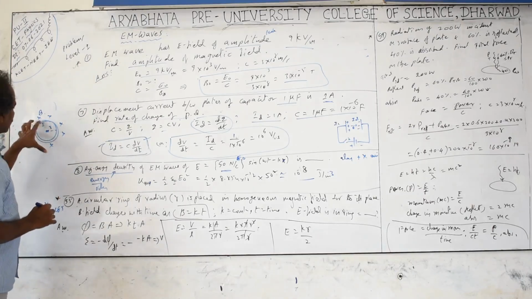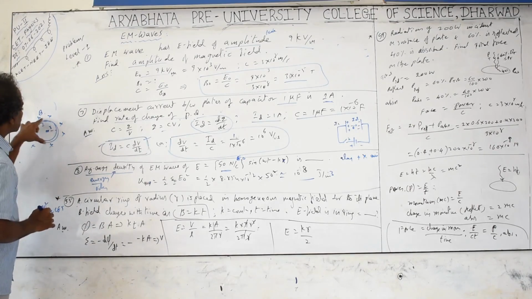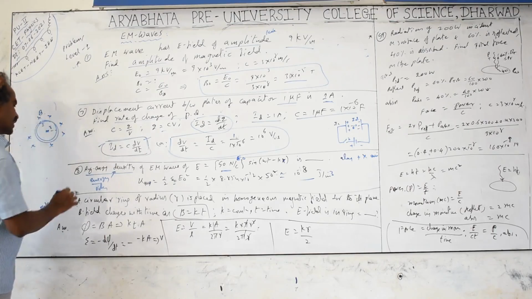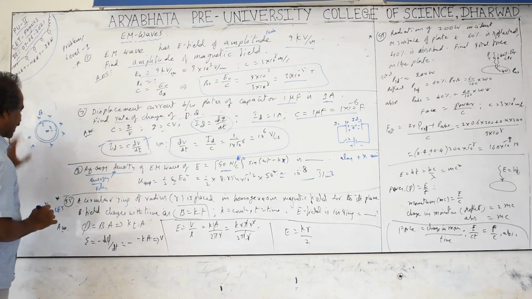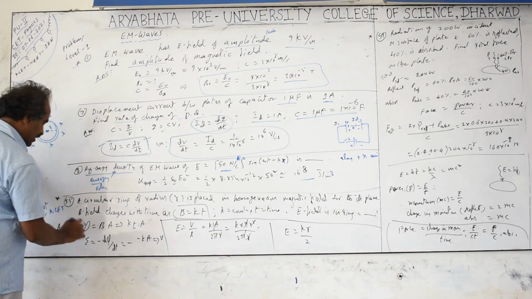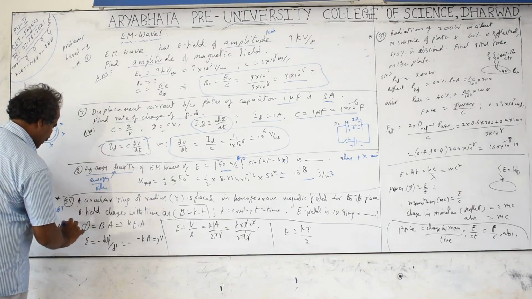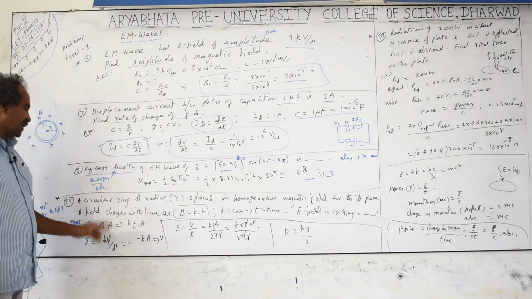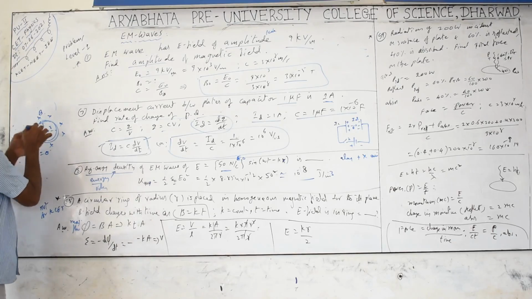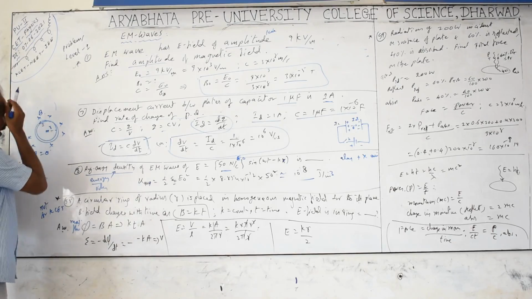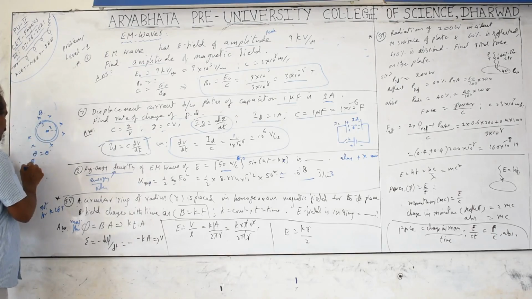Because there is a current, there is an EMF, that is a voltage. They asked what the electric field induced in this loop is. The circular ring of radius r is placed in a uniform magnetic field perpendicular to the plane, so this is the magnetic flux. Magnetic flux is B A cos theta, or B dot A. Theta is 0 degrees, because the field is inward and the normal to the plane of the coil, the area vector, is in the same direction. Therefore theta is 0 and flux is maximum: flux equals B A cos 0.